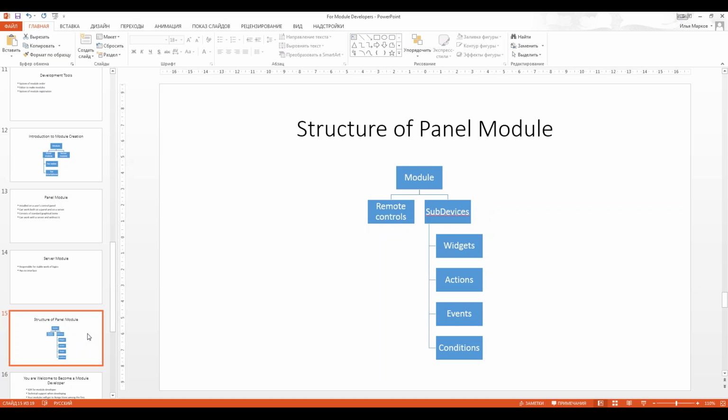Then for each sub-device, you should create events, like somebody turned the light on, or somebody turned the light off, and conditions. Conditions are the values of feedbacks at that moment. For example, my user wants to create a macro: turn the light on only if it is dark on the street. Then iRidium Lite should get the action for the dimmer, turn the light on, and how dark it is on the street now.